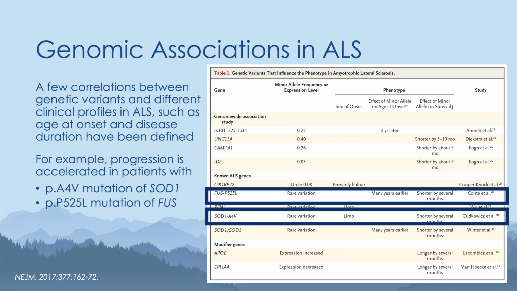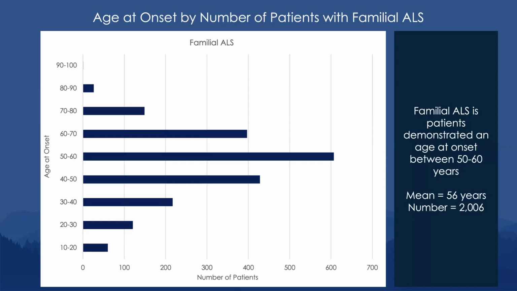So again, these hint at the idea that there's value in better understanding a comprehensive genomic landscape in ALS to divine what these clinical associations may be. So armed with all of the data that comprises the ALS genomic landscape across those many tens of thousands of references, and the 36 genes and all of their many thousands of genetic variants, we took a closer look at